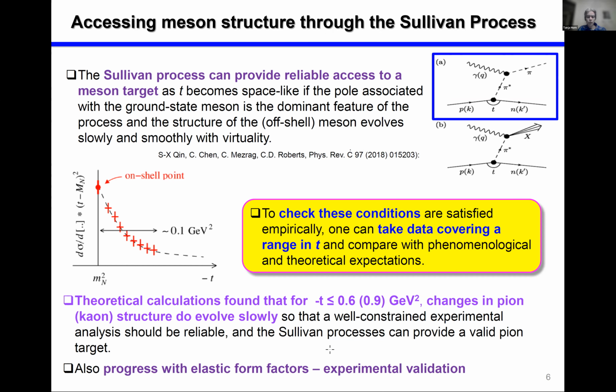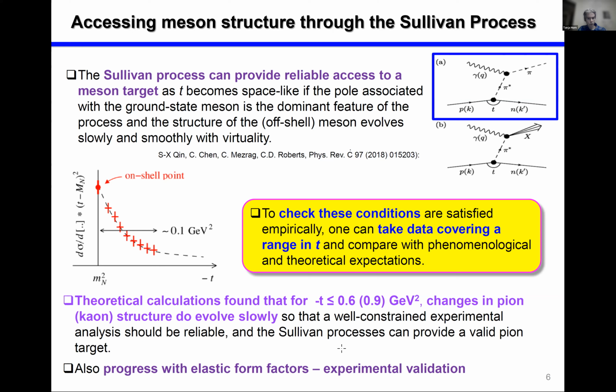Now, to give some indication where one should look for this extent in t, where one should in particular take data around, that's in theoretical calculation to be found, t of 0.6 approximately. So this range in t would go up to 0.6 for pions and to 0.9 GeV squared for the kaons. And in this regime, the kaon or pion structure would evolve slowly, and so this condition that's summarized up here is satisfied, and we can proceed and use the well-constrained experimental analysis to